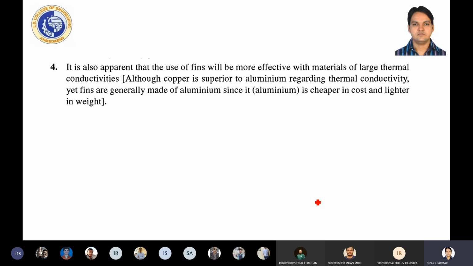That is why fins are normally made of aluminium, not copper. If you have an air conditioner at home, you may open your condenser coil, or your evaporator inside your room, and check: though the pipes or tubes carrying the refrigerant are of copper material, the fins provided onto the tubes are not copper, they are aluminium material. The reason behind that is cost of material, and the conductivity of aluminium is not so much less compared to copper, so you can use it.